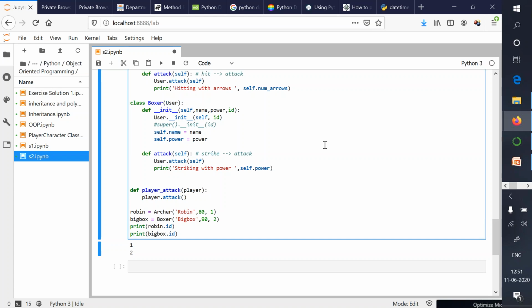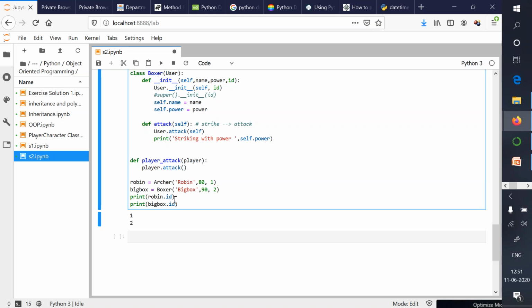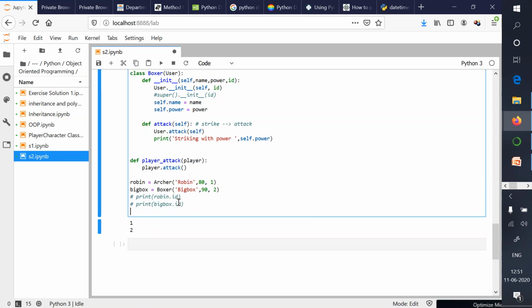There is a very nice method available in Python called the dir method. With that method, we can get to know what kind of variable and method access an object has. Let me demonstrate the usage of that function to you. We will make these statements comments, and now I will write print dir Robin.